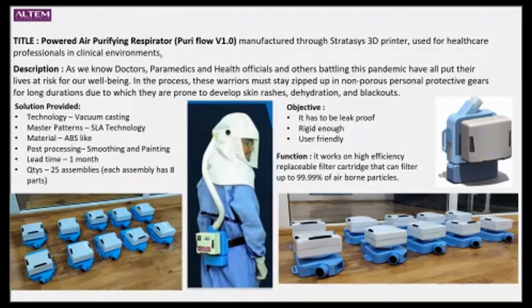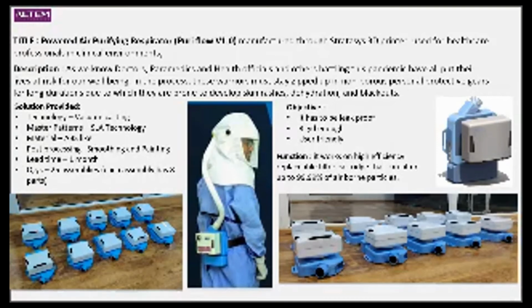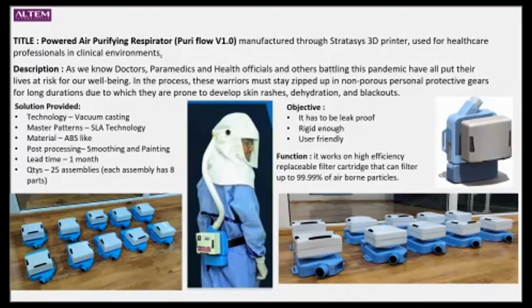So in this solution, we have used the technology vacuum casting. As you can see, we have produced a small volume of the products. So we have made the patterns in the assembly technology by using the ABS-like material. And for the post-processing, we have smoothed out and painted the part. And after doing that post-processing, we have used the vacuum casting process to produce the assembly, to produce 25 pieces. And each assembly has 8 parts, and the lead time was about 1